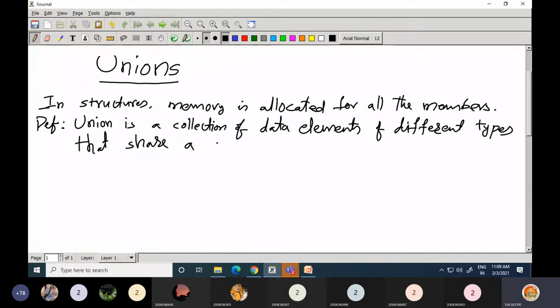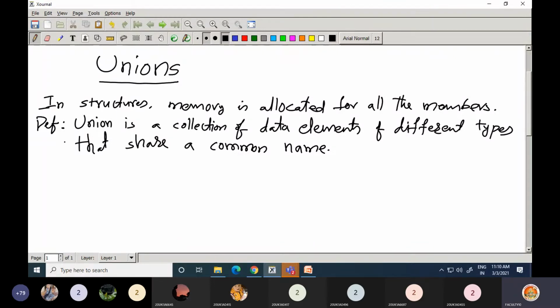Okay, so in union also, if we want to store different data type elements at one place, then we can use a union.